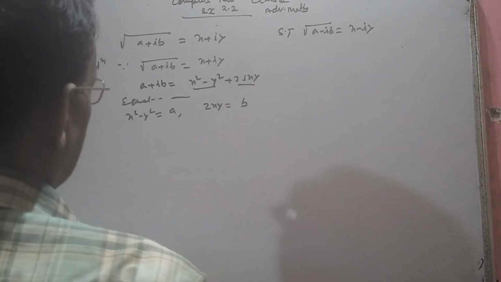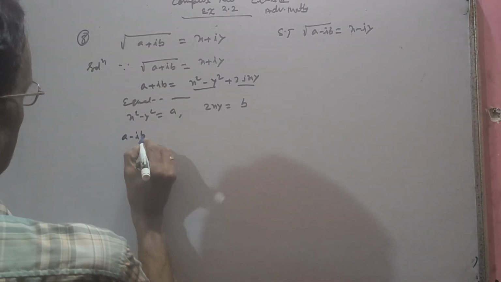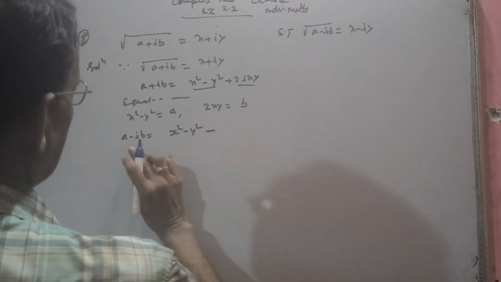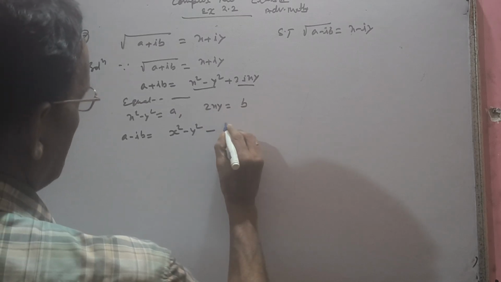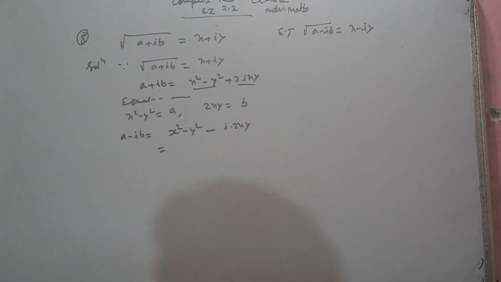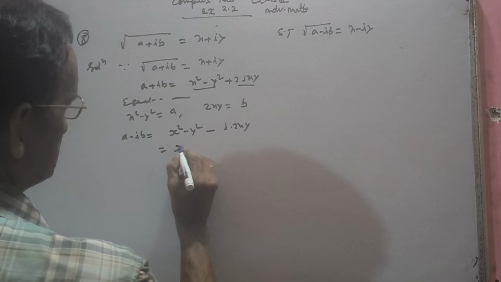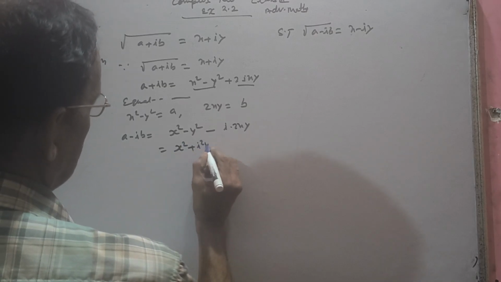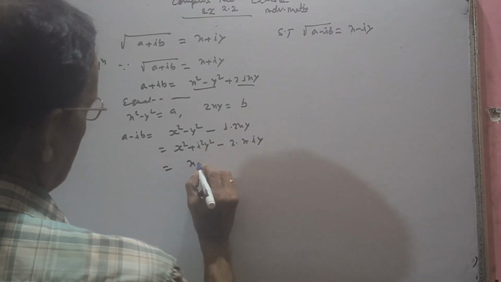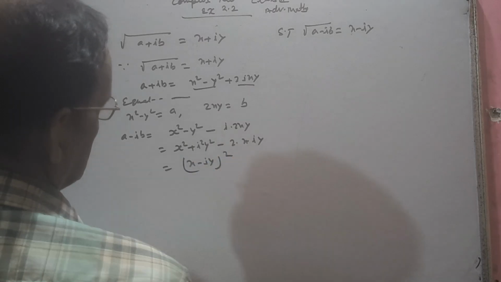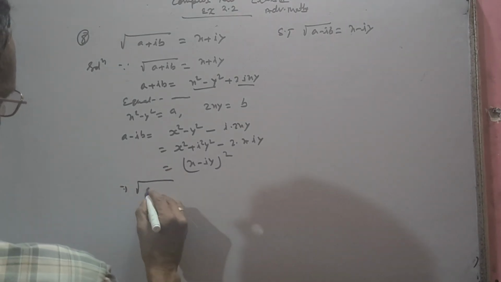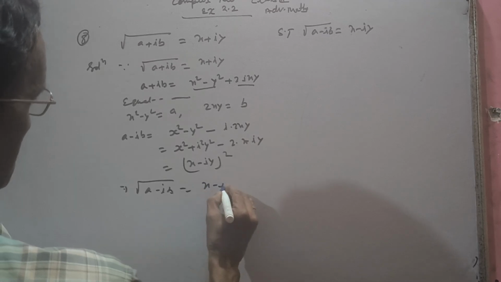Now we need to find a − ib, no? To find a − ib, what will we get? a is the value x² − y², minus ib, where b is 2xy, so i into 2xy. You know this, it is a little bit of calculation, these are simple only. Squaring you know, equating you know. So this is x² + i²y² minus 2 into x into iy, so it is very clearly (x − iy) whole square. Now when you remove the square sign, what will be here? Root only. a − ib = x − iy. Solved.